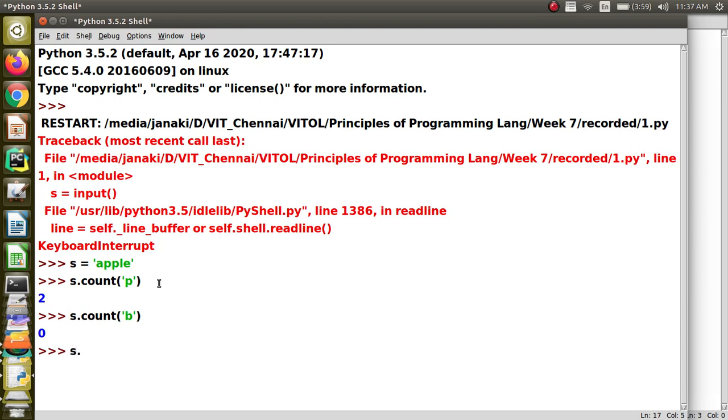Next, we might have seen the find function when we were looking at the theory part of strings. Find will give you the position. If I try s dot find of p, it gives me 1.